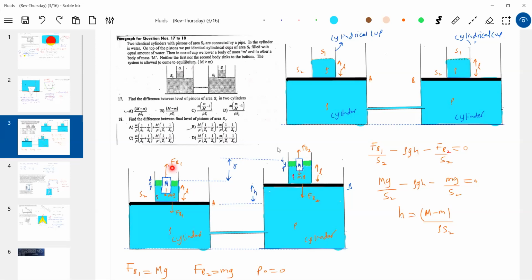So what is the buoyant force? It's in equilibrium. FB1 equal to capital Mg. Write this one: in this second cylindrical cup, FB2 equal to small mg. Let's assume no atmospheric pressure, P naught, to simplify calculations. Okay, let's look at only this one. Initial level is L, x length has increased. Initial level is L, y length has increased. What do you expect of the pistons? I think we have to take a decision.